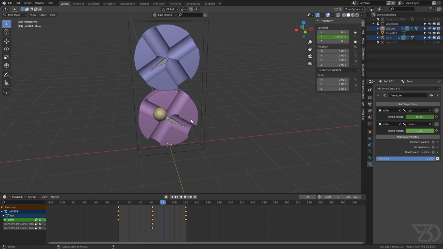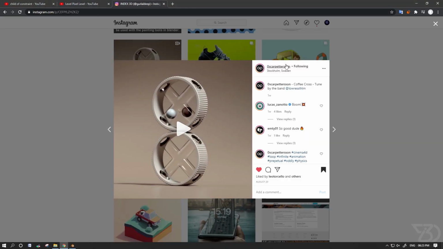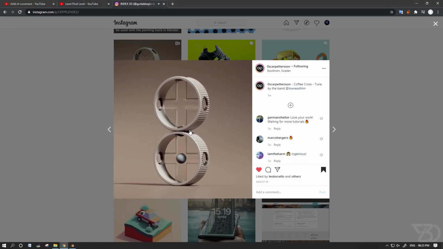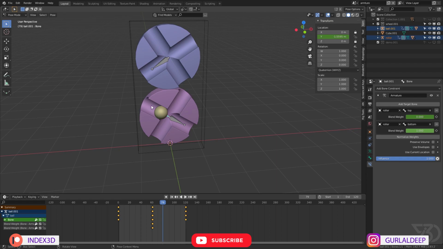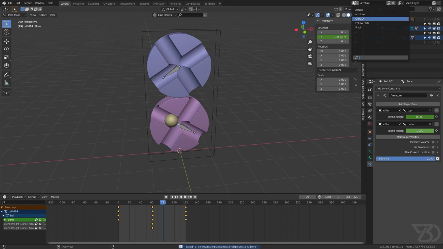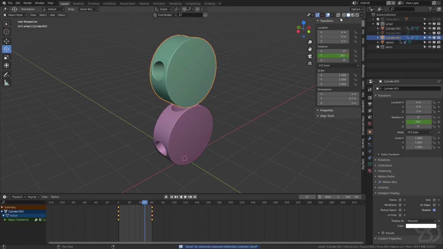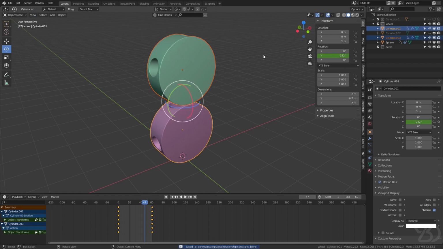See, and this one is inspired by this animation by that guy, which is amazing. He creates really cool looking animation. So I will not show you step by step how I did this. Instead, I will leave a project file of all the models I am using in this tutorial, and this will be your assignment, so you will do it yourself. Okay, and if it didn't work, then I will make a separate tutorial about this animation. By the way, I already told you what I did here, so you can of course make it on your own.